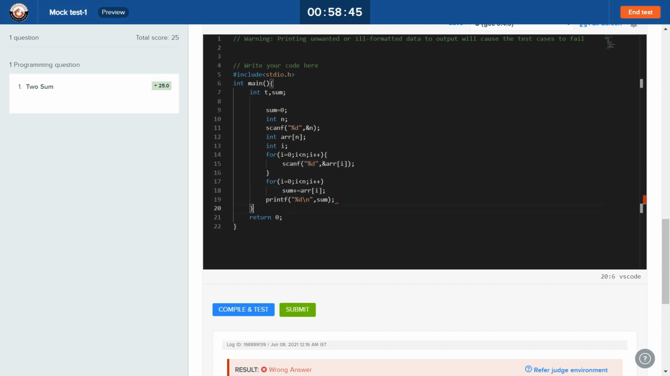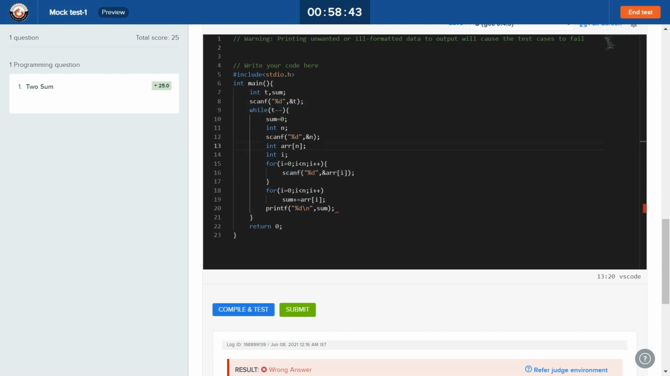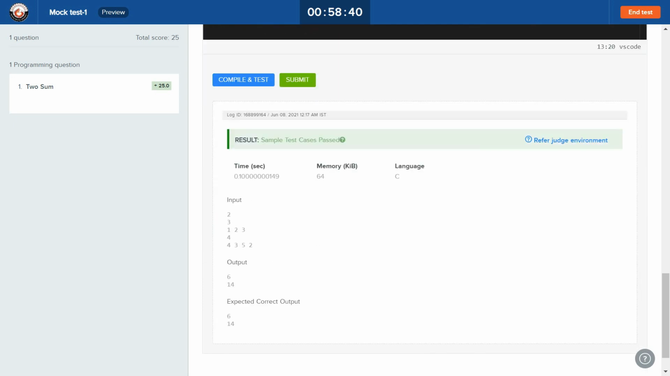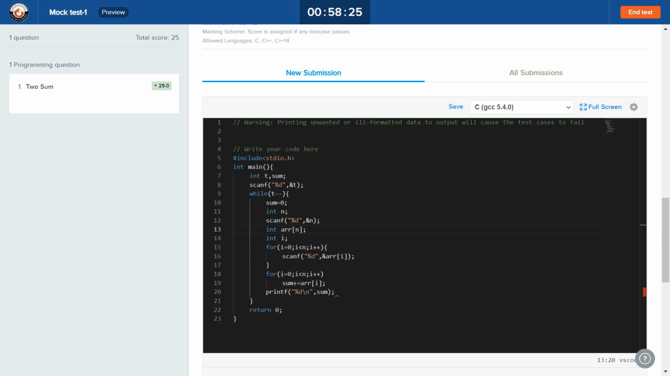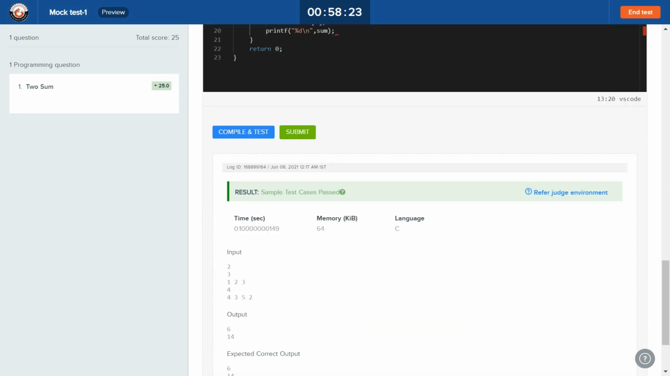And now if I change it back, you will get the answer. Now this compile and test button is just to check the sample test cases, but you will not get any marks for sample test cases. Even if you want to check other test cases that we have,